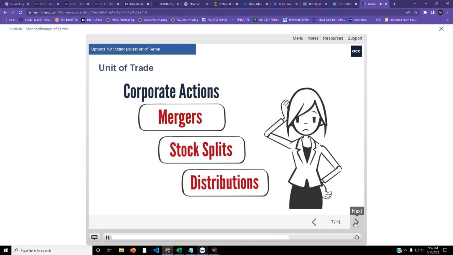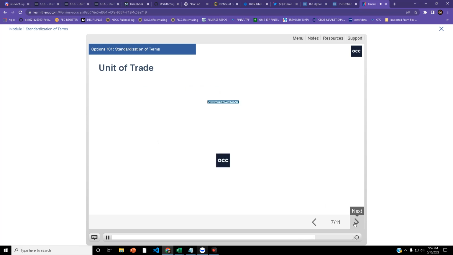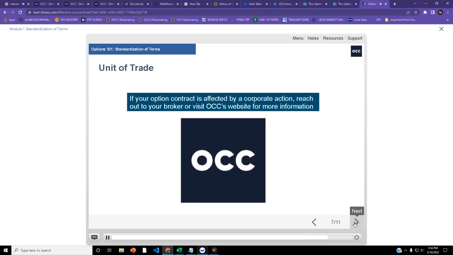These options are commonly referred to as non-standard options with special settlement terms. If your option contract is affected by a corporate action, reach out to your broker or visit OCC's website for